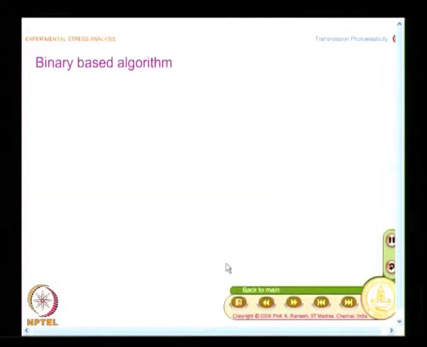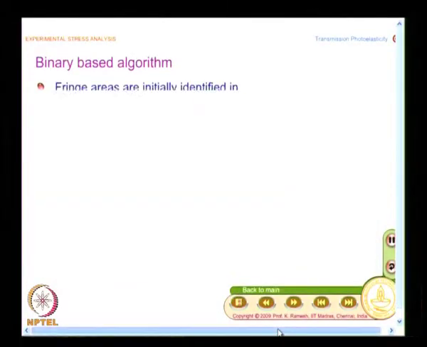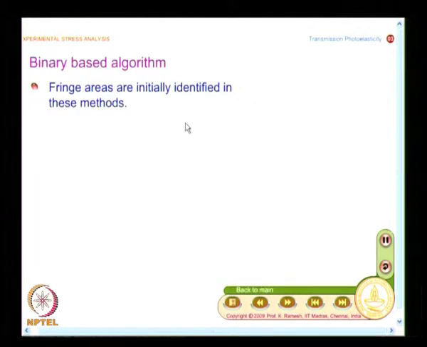But the moment you go to computer processing, you need to develop methodologies to do this. How do we find out the fringe areas? When a pattern is given, how do you identify that this is a fringe and this is a non-fringe area? Suppose I call the fringes the black contours, I should identify the black contours. And there is a very simple method,